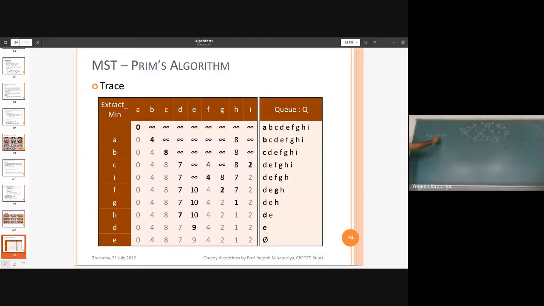So you have A, B, C, D, E, F, G, H, and I. So this is my queue, the current position of the queue. Before I insert any element inside the queue, I will set some number, some call it distance, some call it key, whatever you can say, but there is some number which is associated with every vertex. Initially, we are setting this to infinity.